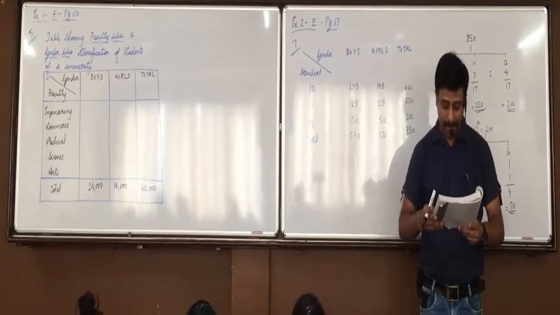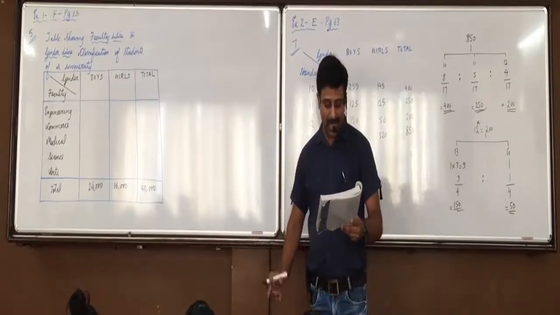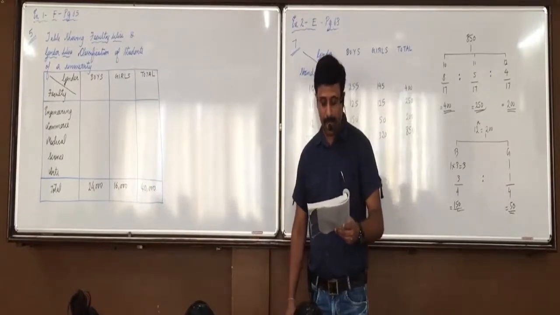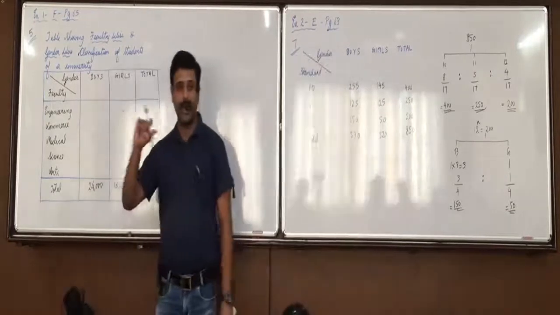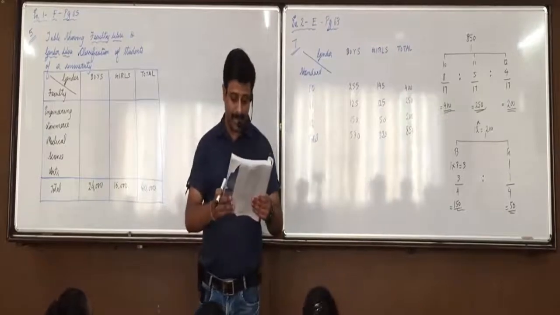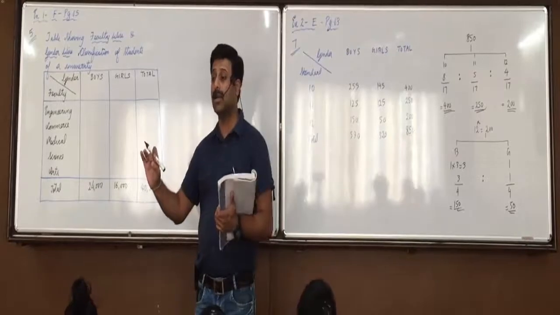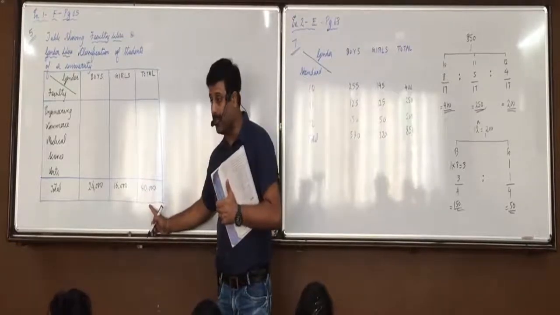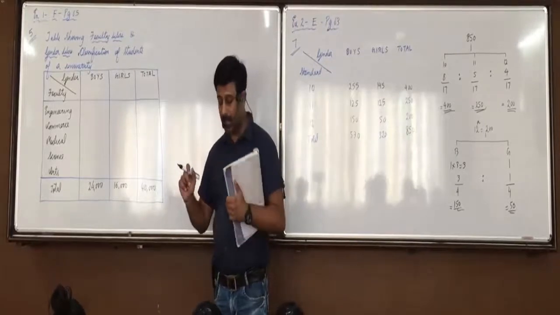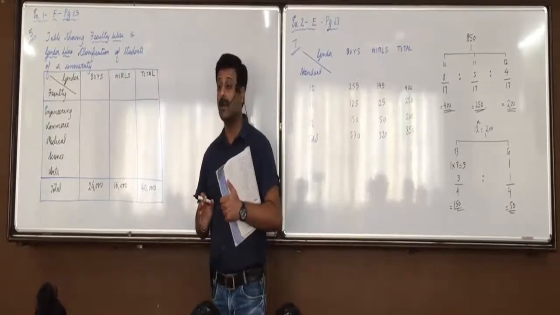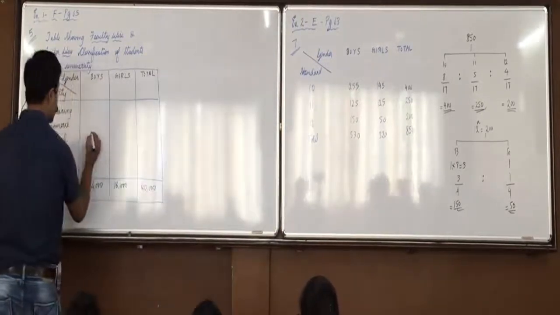15% and 10% of total number of university students were boys and girls respectively who belonged to medical faculty. Drashti, correct. So now, 15% and 10% of total number of university students. Total number of university students are 40,000. Do 40,000 into 15%. What do you get? 6,000. Don't press on. You get 6,000. Write it in medical boys.